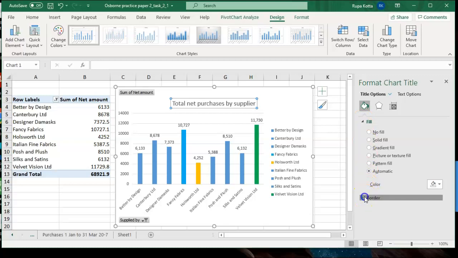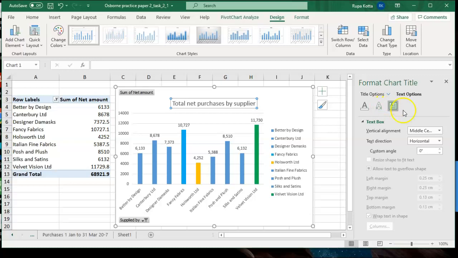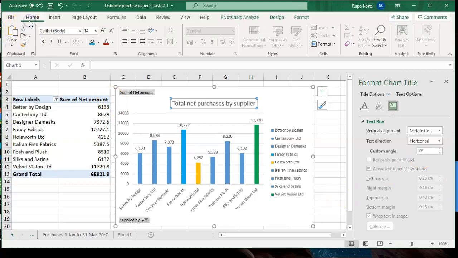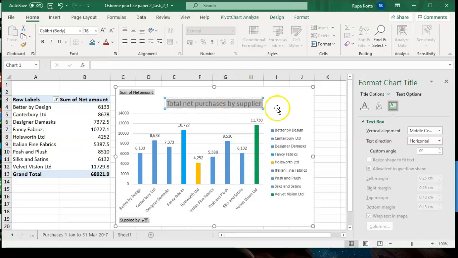Fill, border, not needed. Text options. Alignment is fine. There is no size over here. Let's see if we can change it from the home tab. Highlight this and change it to font size 16. That's done.